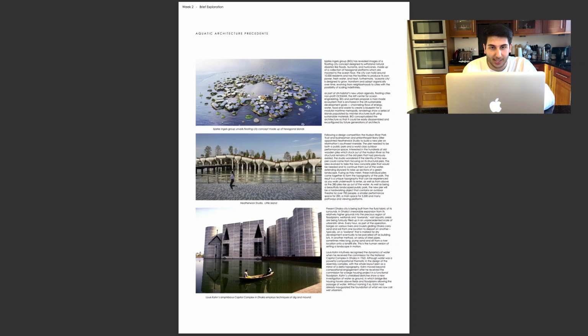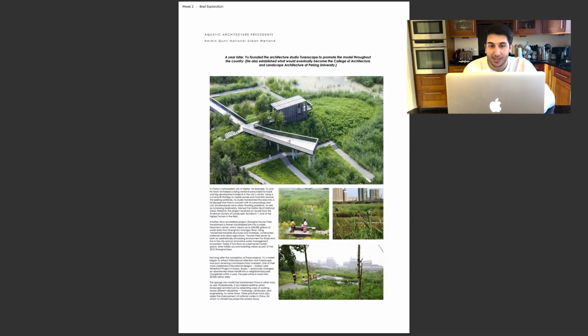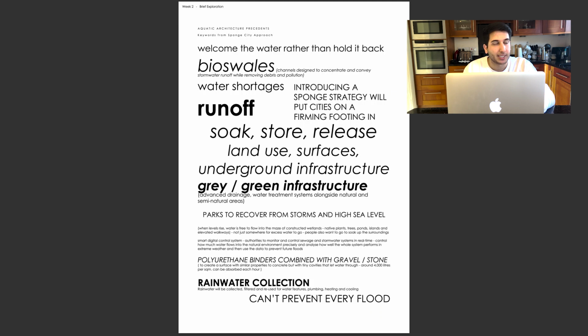Again, more precedents to take a look at. Was this the sponge city as well? No, this wasn't. This was the wetland. Some keynotes, some key points, some keywords for me to just keep generating ideas. What comes to mind? Let me get this down. Can I research it? Can I do more? Can I have data to back that up? To back my point up, to create my manifesto? Things like that.